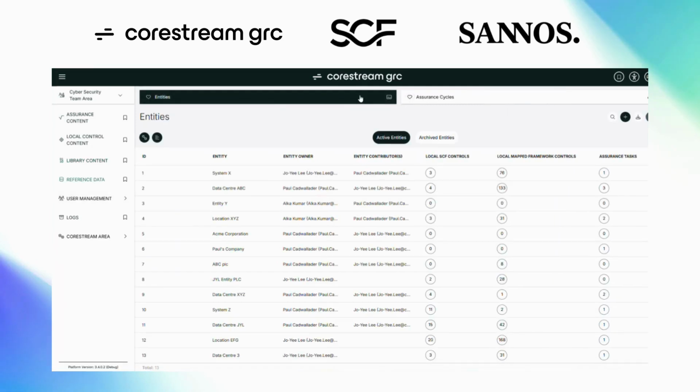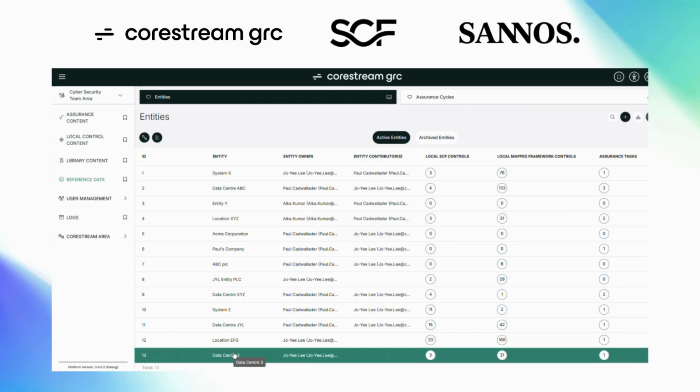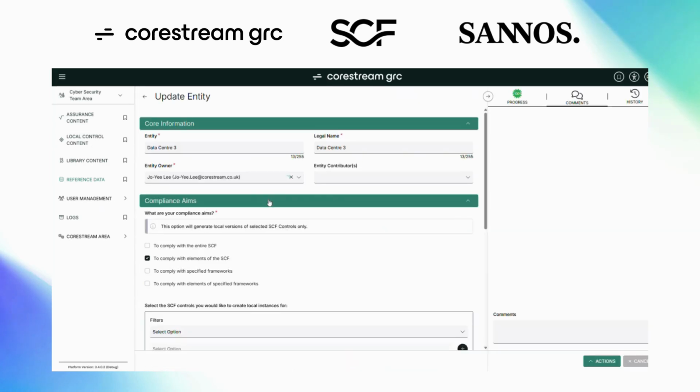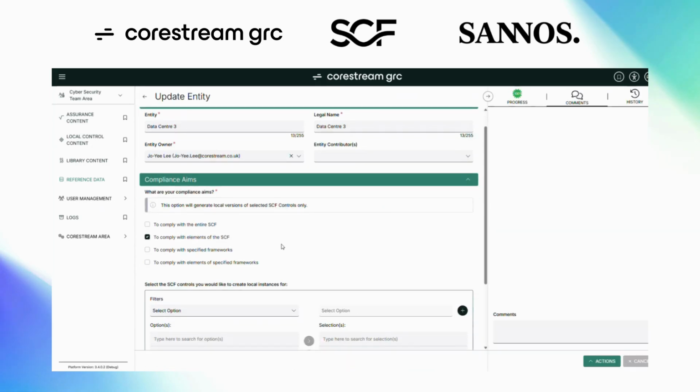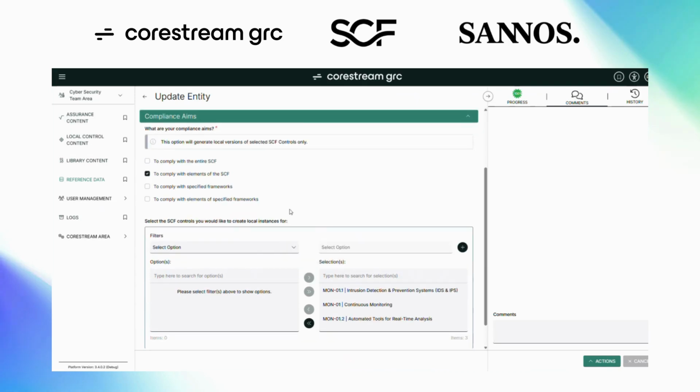Then within the reference data, we're able to create entities. So that can be in relation to a specific system or a specific entity in an organization or any other dimension. Now, the aim of this is very much to enable organizations to represent the fact that organizational elements have very specific requirements applied to that system or that data center or